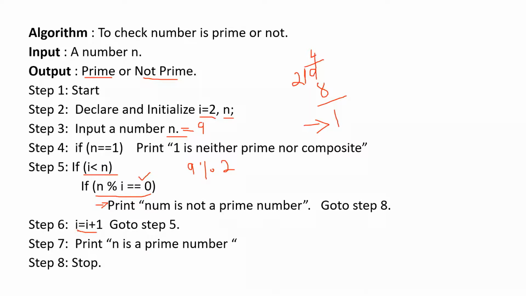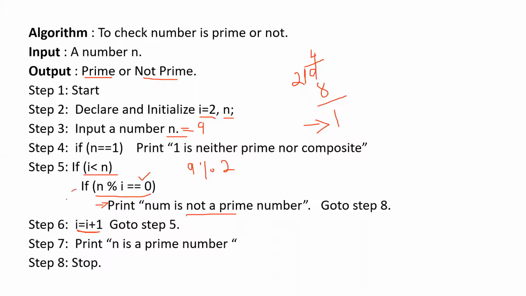After step 6, you know, it is not equal to 0. The remainder we got is 1, so it will not be printing and it will be moving to the next step. What will be the next checking? Yes, Meenakshi. We know that it is not printing non-prime because, as I told, here we are dividing and we are not getting a remainder as 0. If it is equal to 0, then we found another factor of 9. We know that 9 is not completely divisible by 2. Got it? So it will not be printing not a prime.